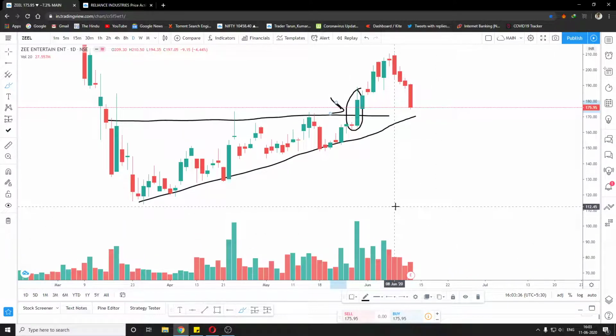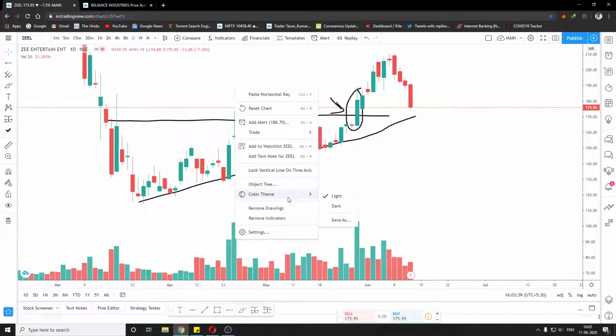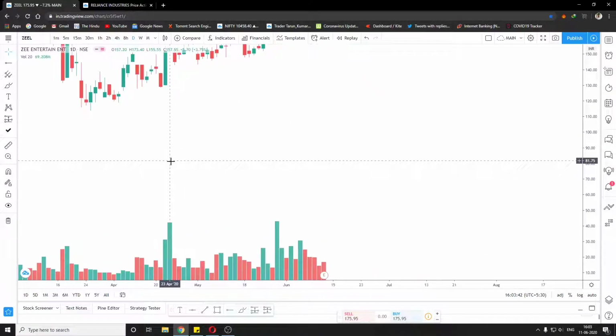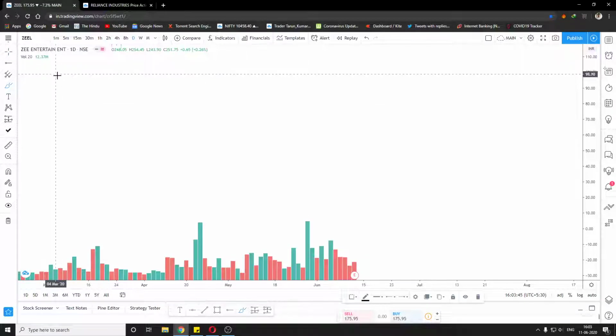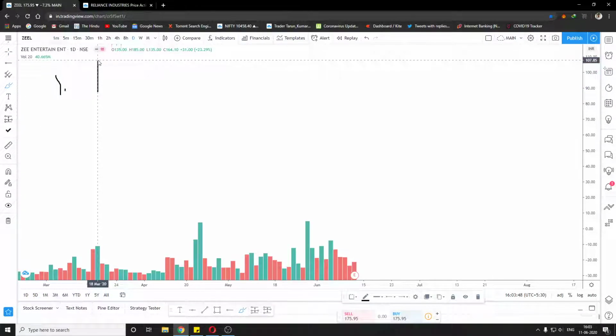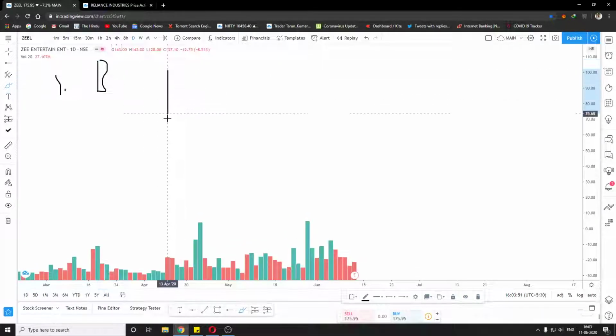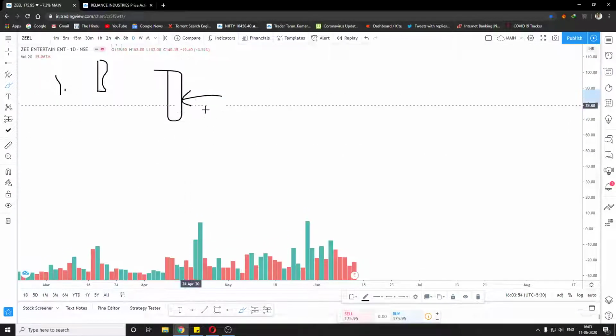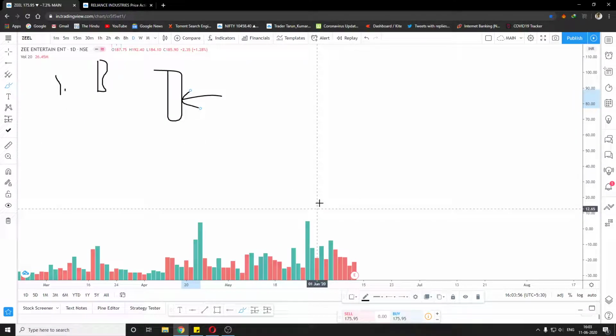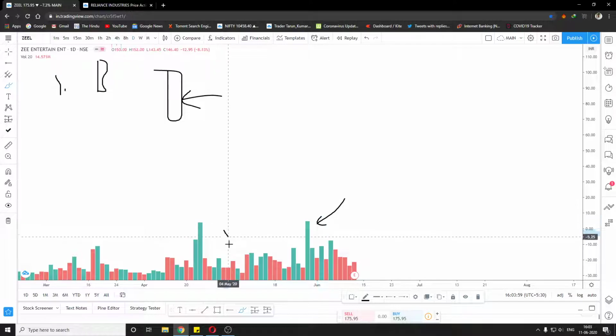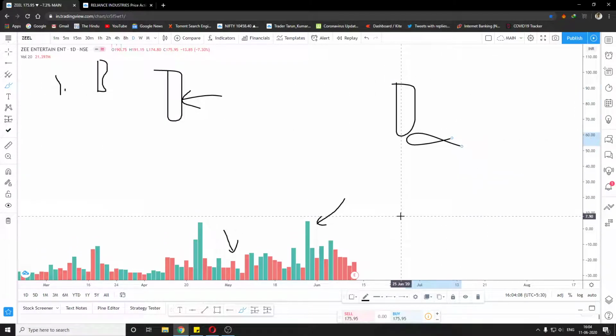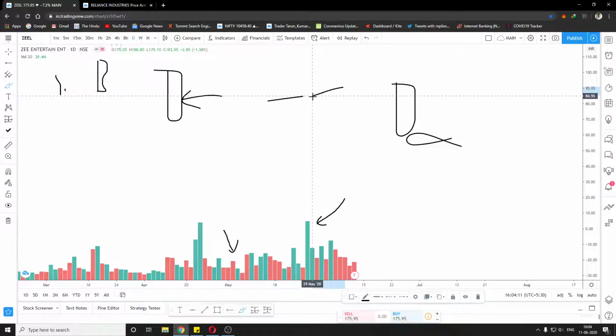This might be a long video, but I hope the concept is getting clear. So let's start from the first point, that the volume bar should be proportional to the candlestick which it represents. It doesn't matter if the color is green or red. What is important is the type of candle which is formed, and there is no such thing as buying or selling volume, because the trade only happens when the buyer and the seller meet. It's only the aggressiveness of the buyers and the sellers which is important.